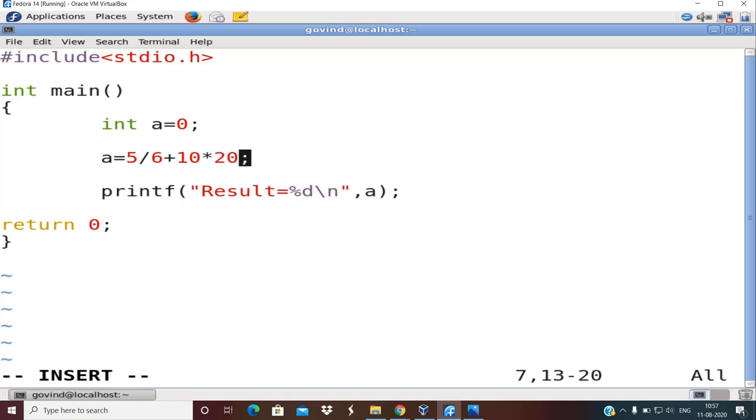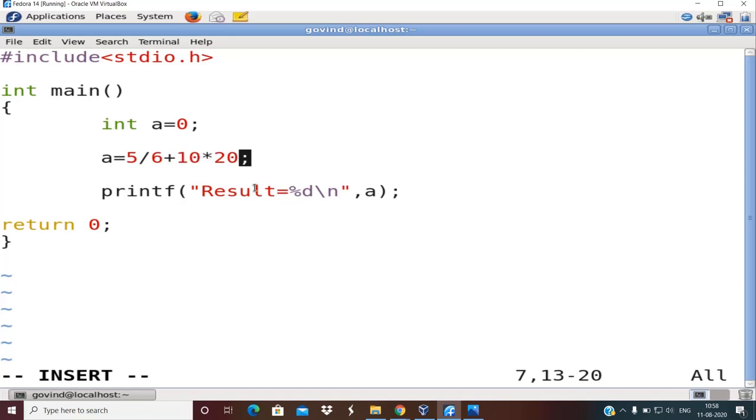So now what is your guess? Now there are actually three operators which are used in this expression: division, star, as well as plus.